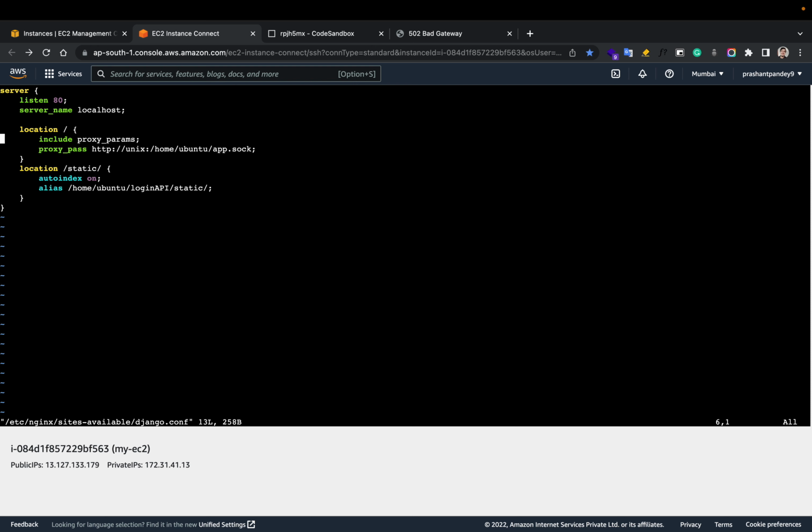So here are some service settings. Here is the port number, localhost is the same API which serves the API, and the proxy path is the app.sock file, which is Gunicorn's web server which is used to serve the WSGI application. NGINX basically serves the style sheets, and it basically